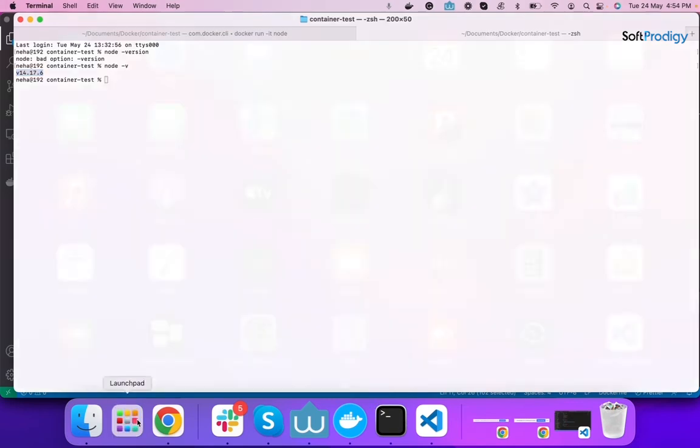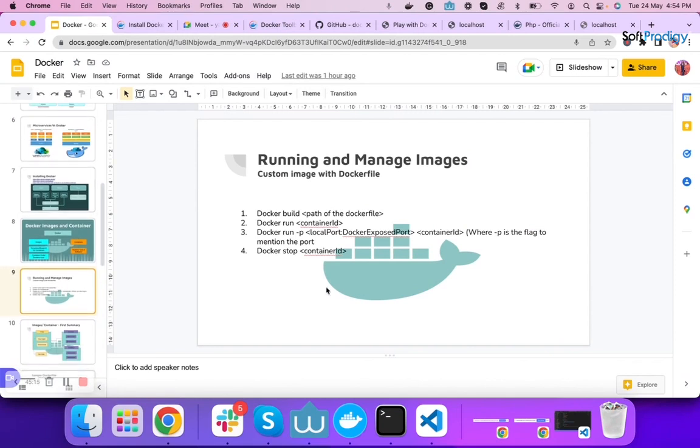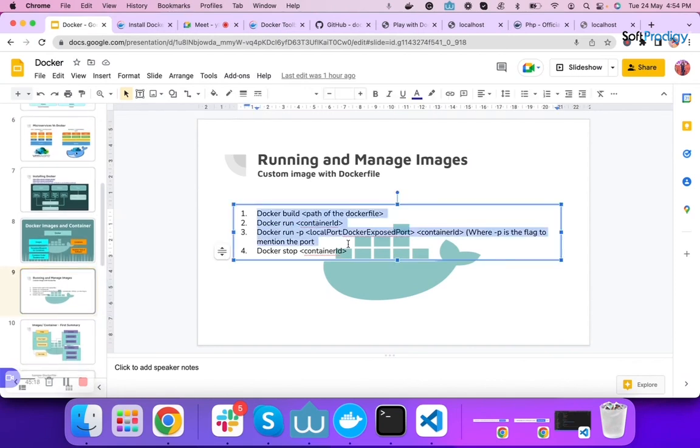Let me explain a little bit more. Here we have some commands which I mentioned. I explained the docker build command, which is building an image. We can run a container with the help of the docker run container ID command.